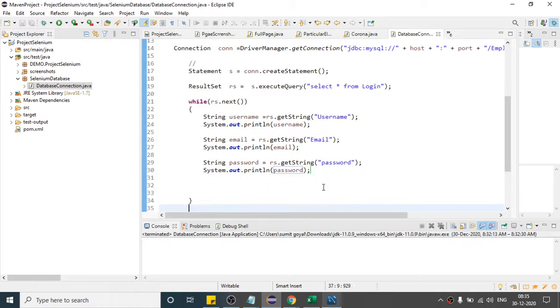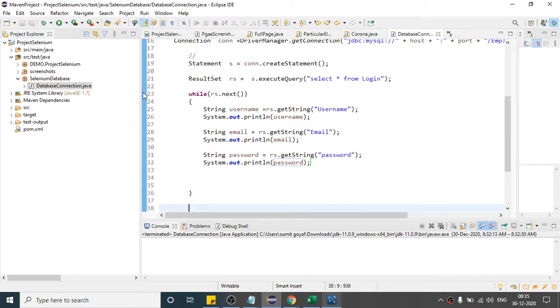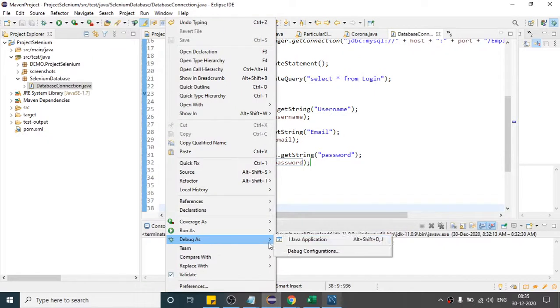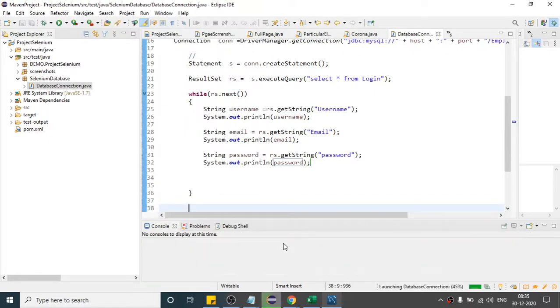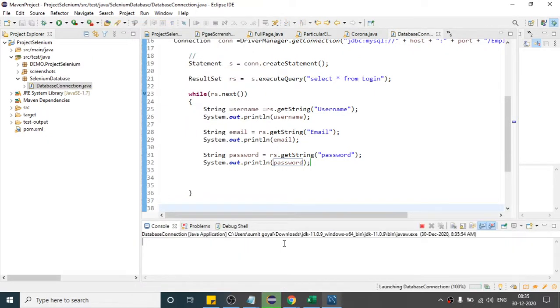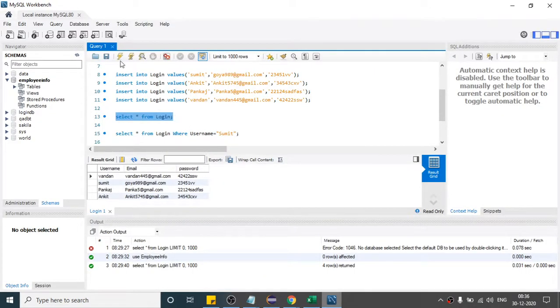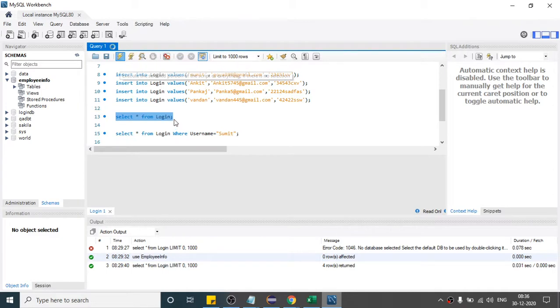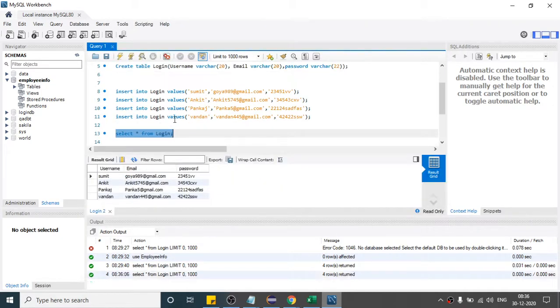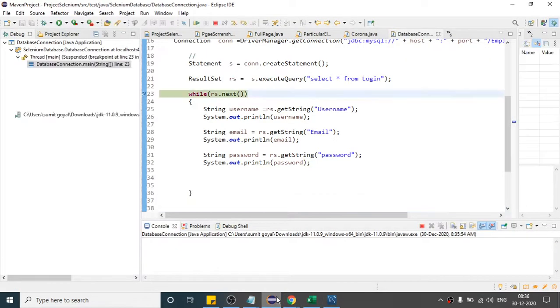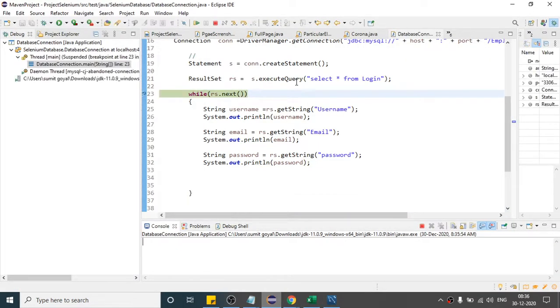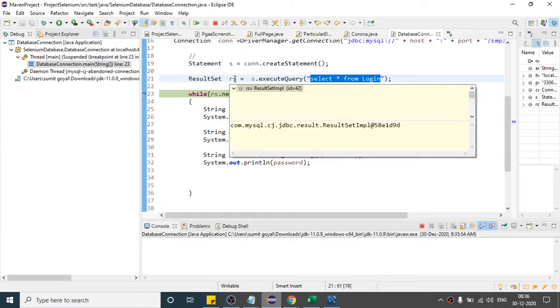If I debug this program, put one debugger here. Once we execute this line with the help of this method execute query, all the data will come here, right?